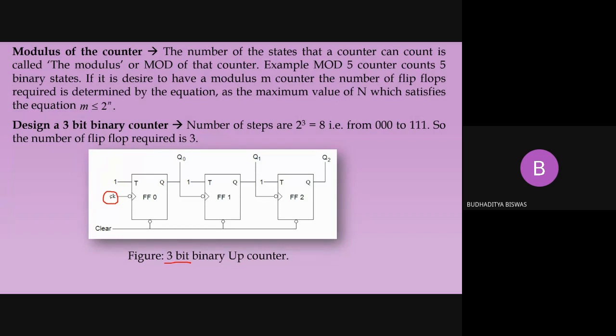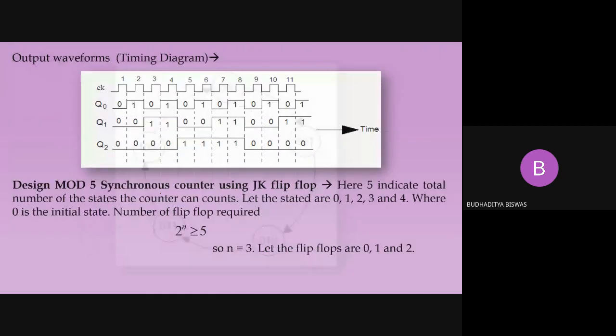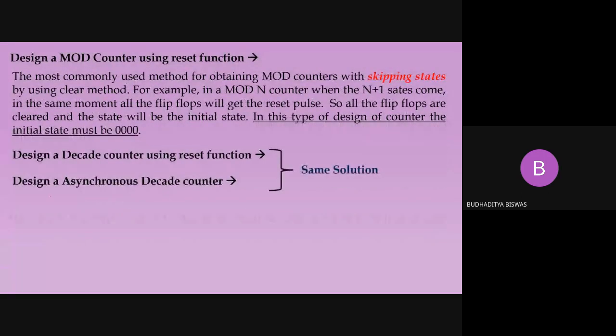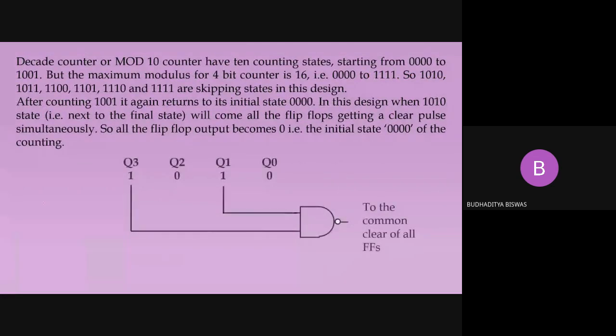But if you want to stop the counter at a particular state, this is called synchronous counter design using the skipping state. We have already done the solution. Whatever the steps are, you need to look at the next step. For example, if you want to design a mod 10 counter, it has a total of 10 steps, counting from 0 to 9, because as we count from 0, for mod 10 it will count a maximum of 9.